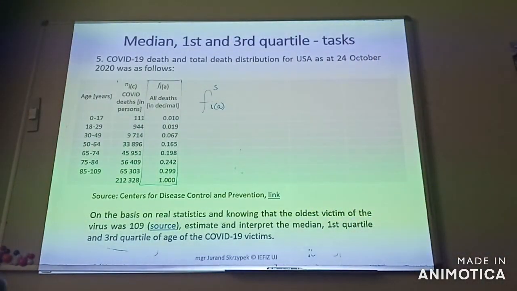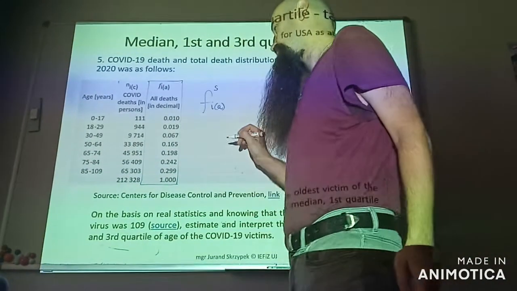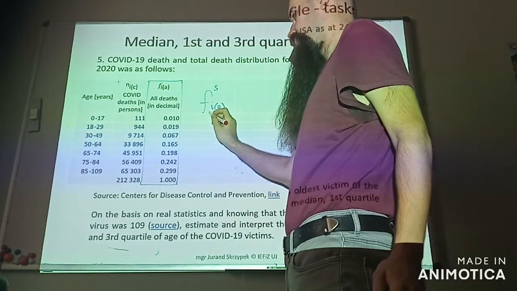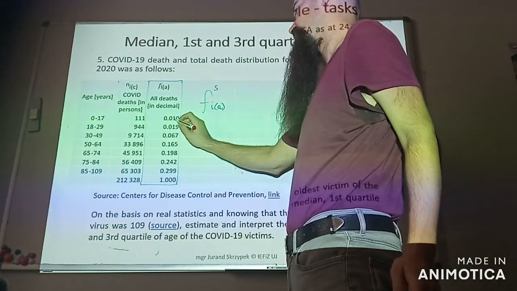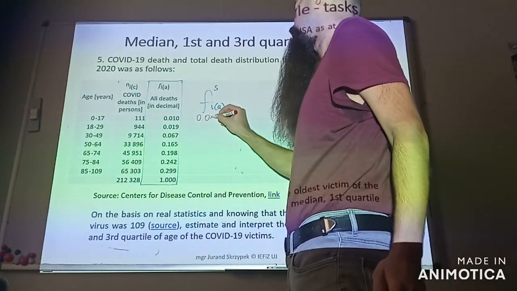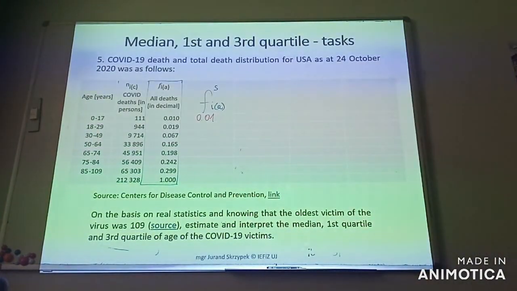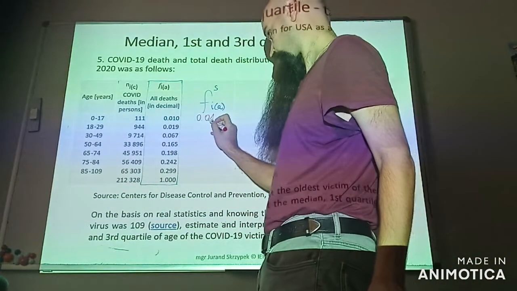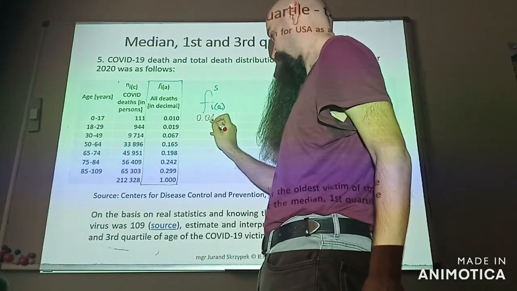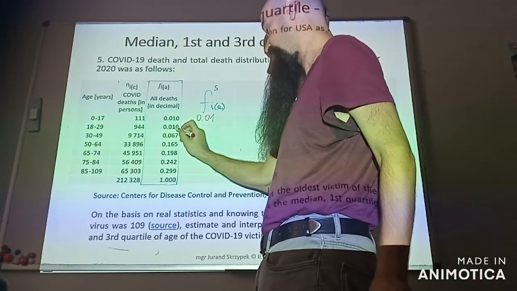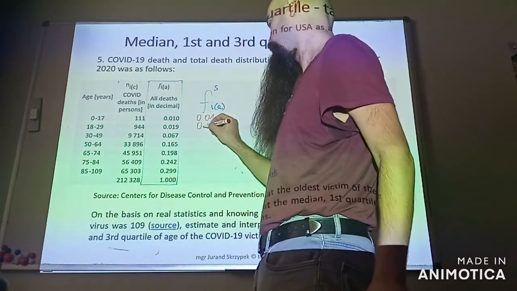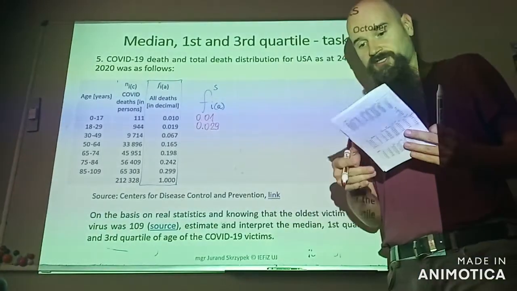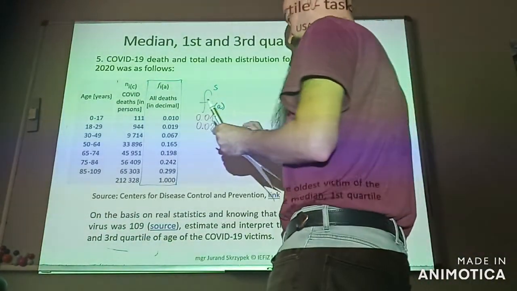So, in that way, the first cumulative relative frequency is equal to the first relative frequency, 0.01. The next one is the first cumulative relative frequency plus the second relative frequency, 0.029, and the rest of the numbers are following: